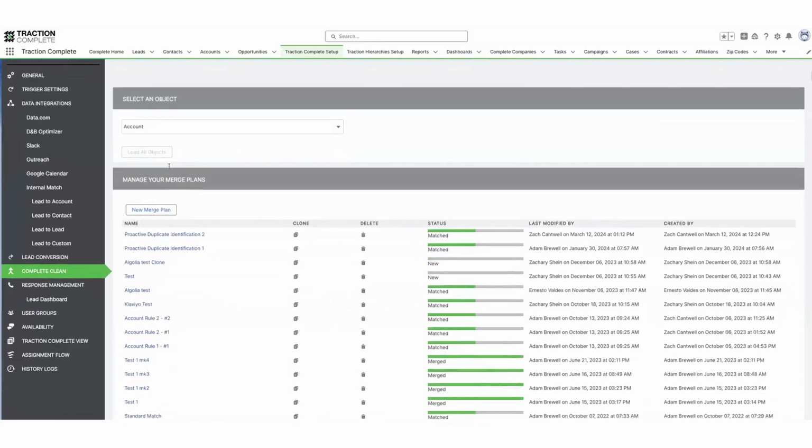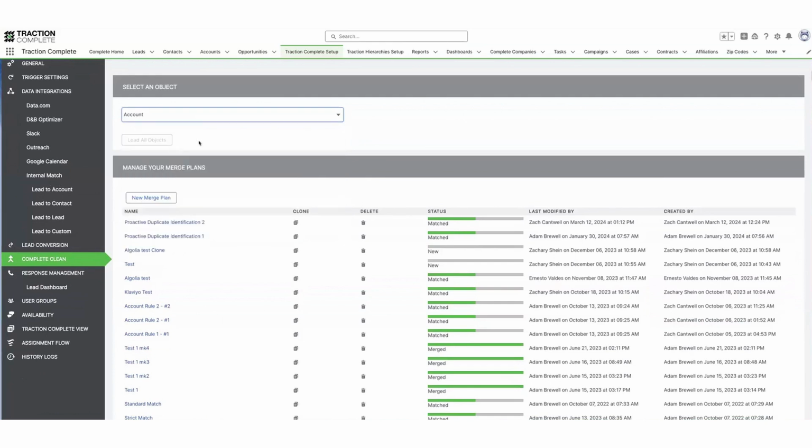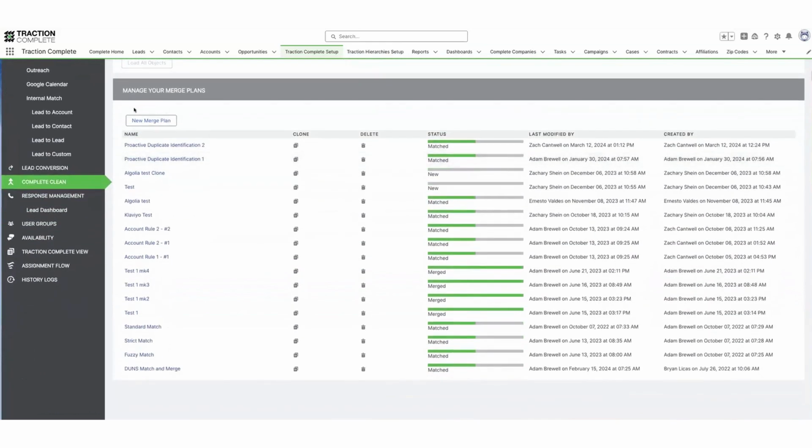And what we'll notice right off the bat is that we support all objects inside of Salesforce. So of course, we have our standard lead, account, and contact. But if there are use cases around other objects, such as custom objects, we can support those as well. So in this example, I'm going to look at our account object. So once I have selected the object, the next thing I then need to do is to come up with